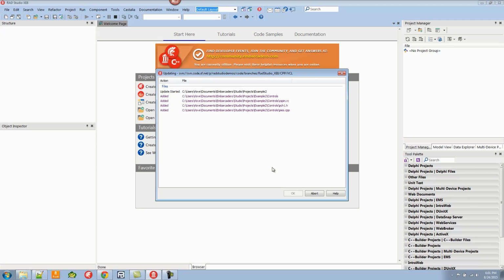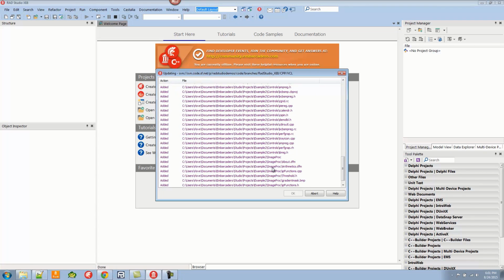And what we'll see here is it downloads all the files for the VCL for those specific projects. And it'll take a second. Obviously, this is going out to SourceForge right now and downloading those. But you do have a good progress and know exactly what is happening. But I wanted this one specifically because